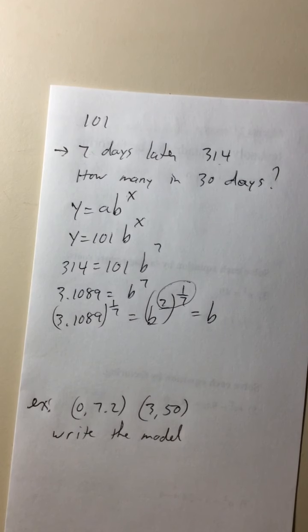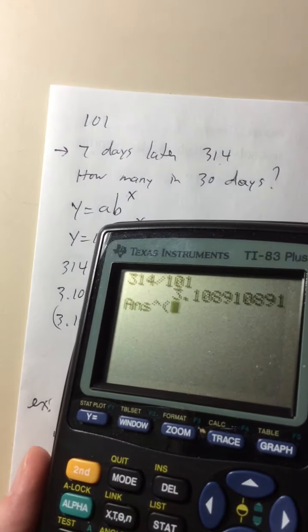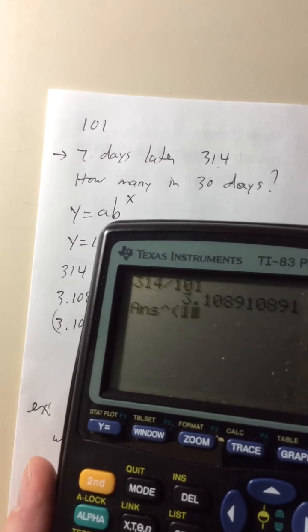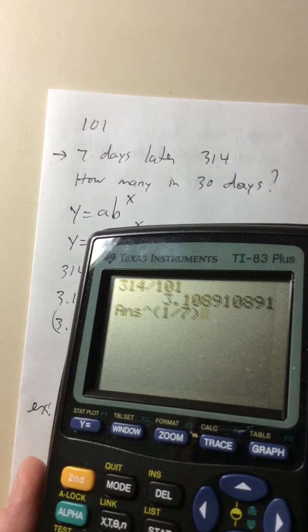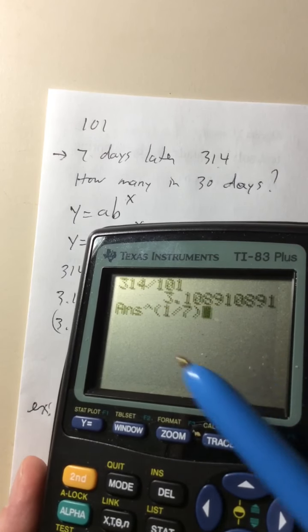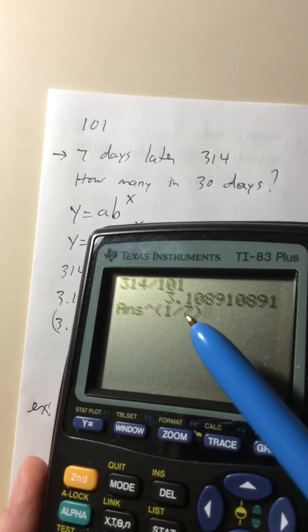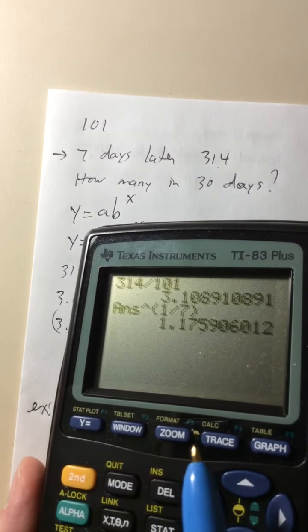So I'm just going to do that with my calculator. I'm just going to raise that number to the, and the way I do that is I make a parentheses. Can you actually see this? Yeah. So I make a parentheses, and then I do 1 divided by 7, and I close up the parentheses. So you can see the answer, which is what I had before, 3.1089, I'm going to take the answer and raise that to the 1/7 power. I'm going to hit enter, and there it is,